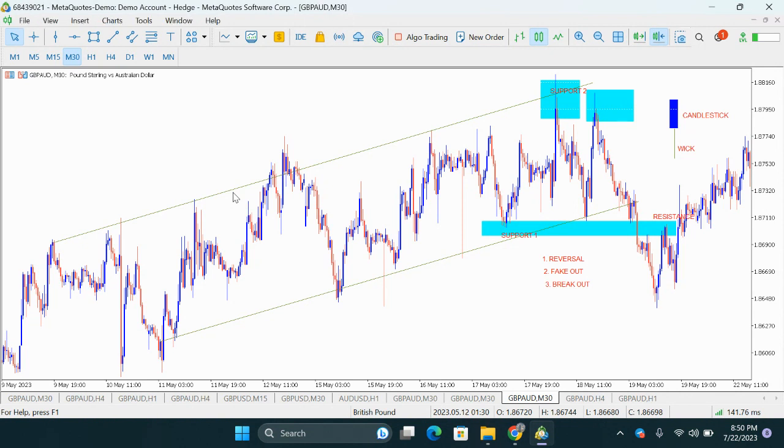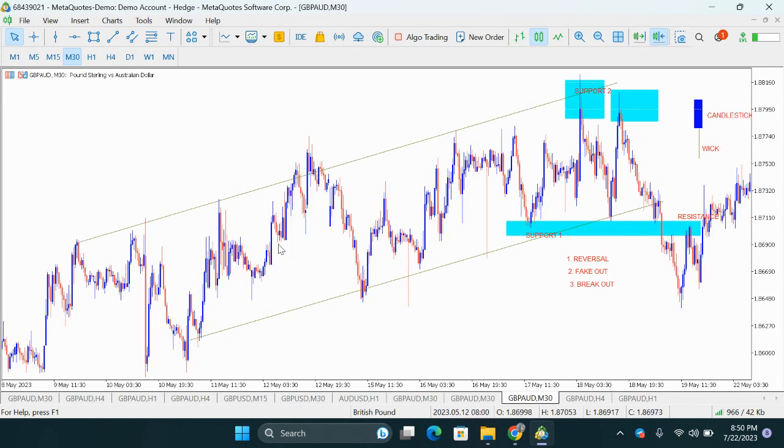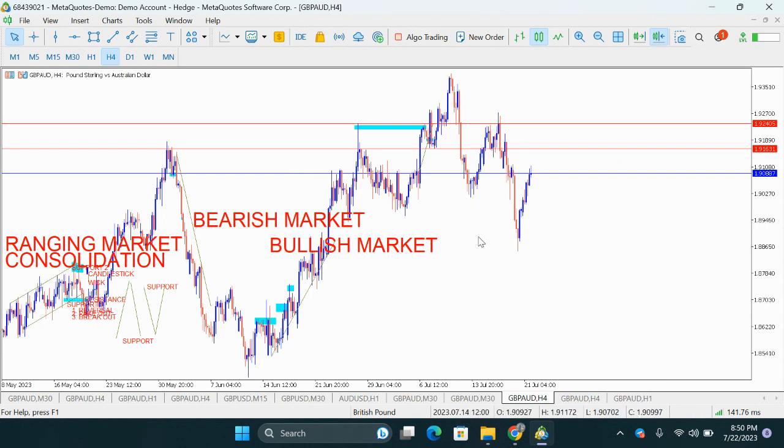So let's continue with the class. As I was saying, the trend line has to touch at least 2 points. You understand? Now I'll explain what I mean by that. If we change it to the H4 time frame, now before I forget, I will always advise you guys to use a higher time frame to draw your trend line. Not that you can't use the lower time frame, but make sure you draw your higher time frame trend line, because the market tends to follow the higher time frame, like the overall trend on the H4 time frame, the daily time frame,